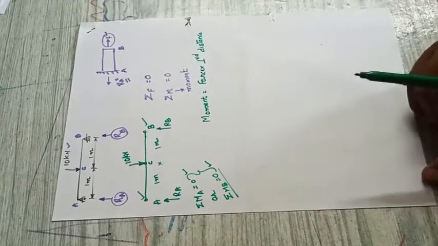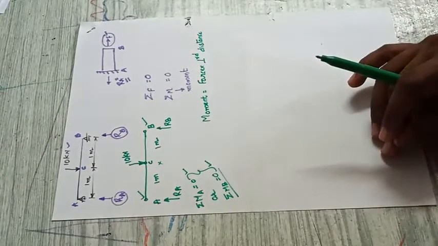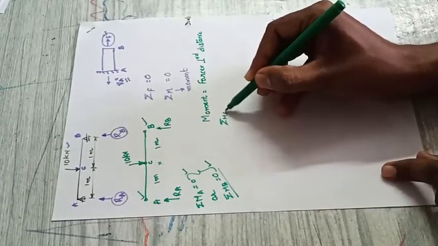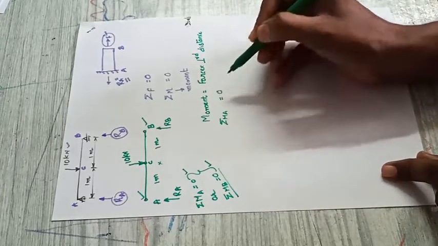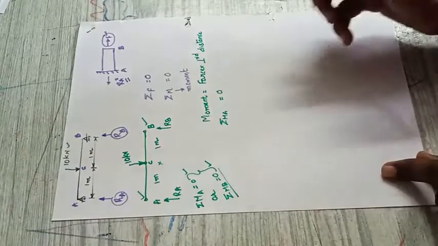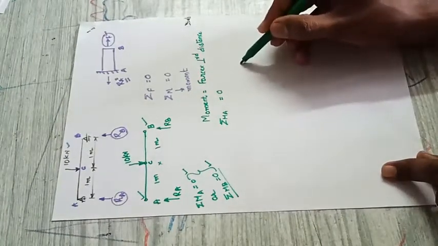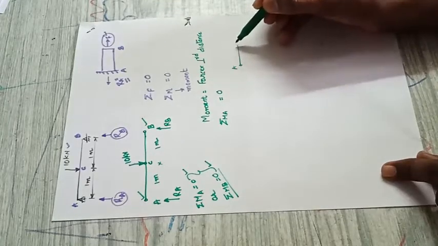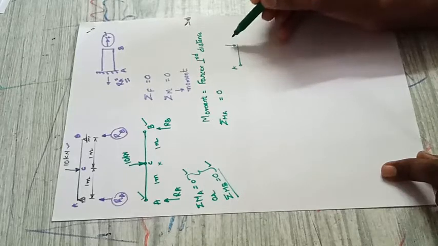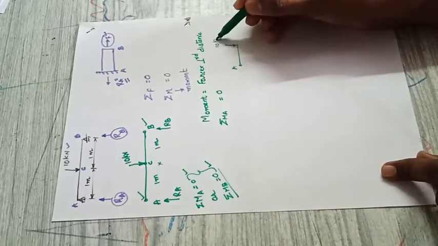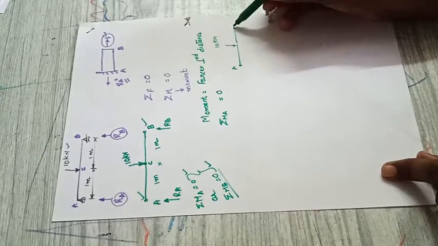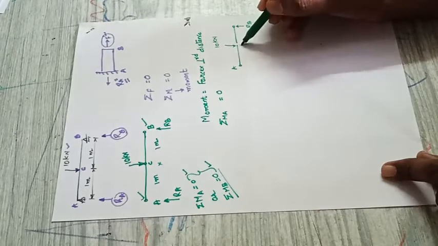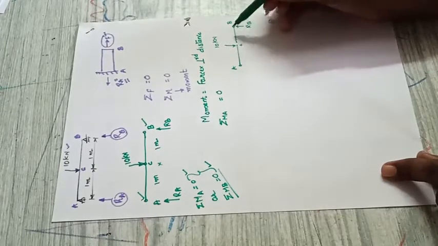So what is the moment? Moment is force into perpendicular distance. Let us take the moment about A. Moment about A is equal to 0. Let us take this one, and one by one we will find what the moment is there. See here, I will take a point A here, here is 10 kilonewton, and then here there is a reaction force RB. You know that A to C is 1 meter, C to B is 1 meter.